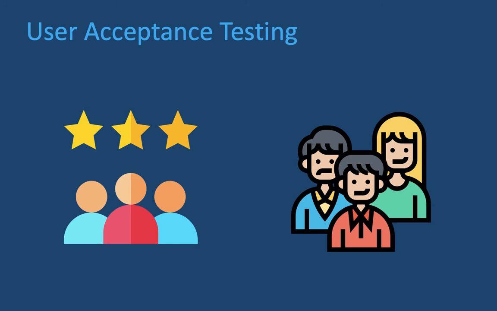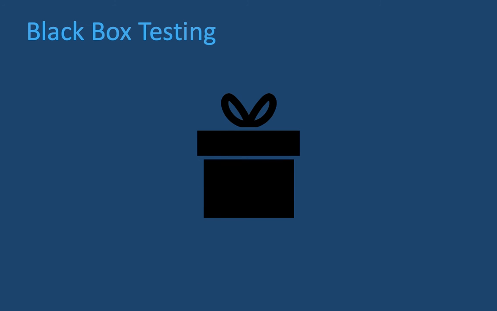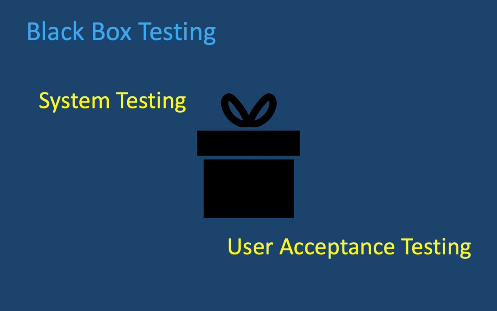Before finishing this video, I would like to briefly explain what black box and white box testing are. In black box testing, a tester doesn't have any information about internal working of the software system. That's why it's called black box. You can't see what's inside the black box. This testing can be applied virtually to every level of the software testing. But as you already assumed that, mostly system testing and user acceptance testing can be considered as black box testing.